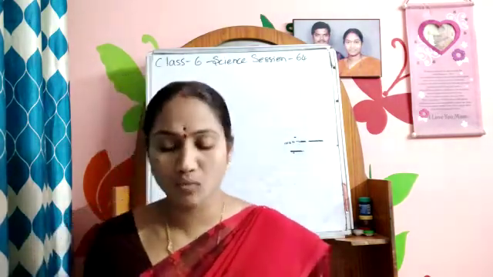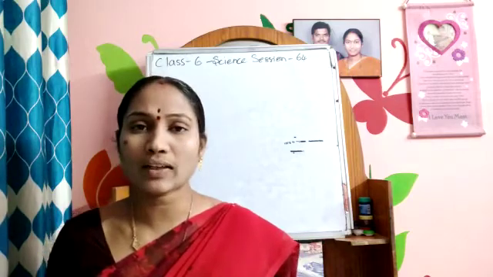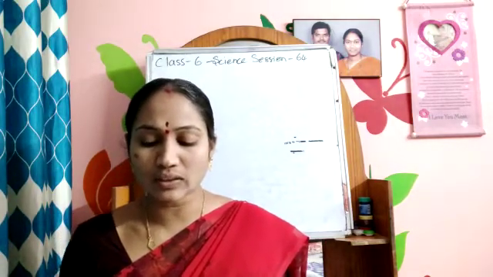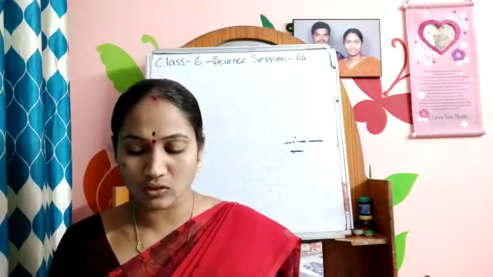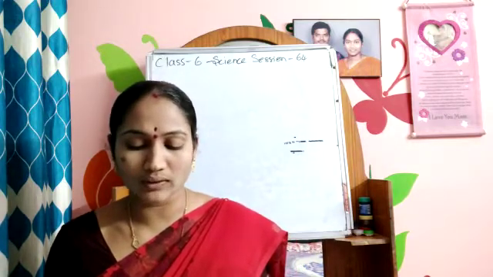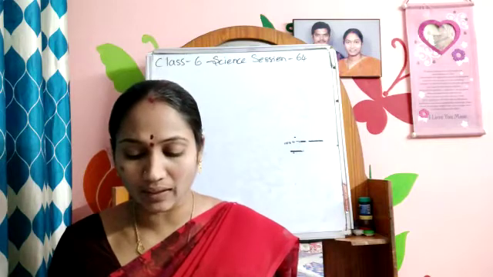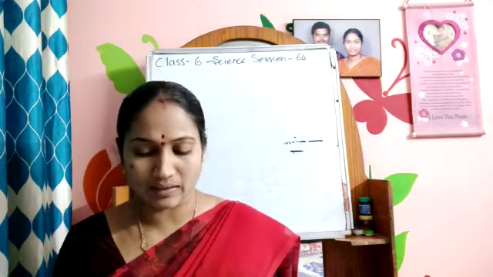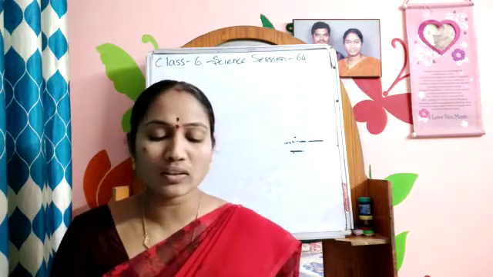Now activity number 4: measuring the length of a curved path. Fix alpines at the ends of the curved line to be measured, as shown in figure 12. Now tie a knot with cotton thread at the first point of the alpine A and move the cotton thread along points B, C, D, E, etc. So, how do you measure the length of a curved path?